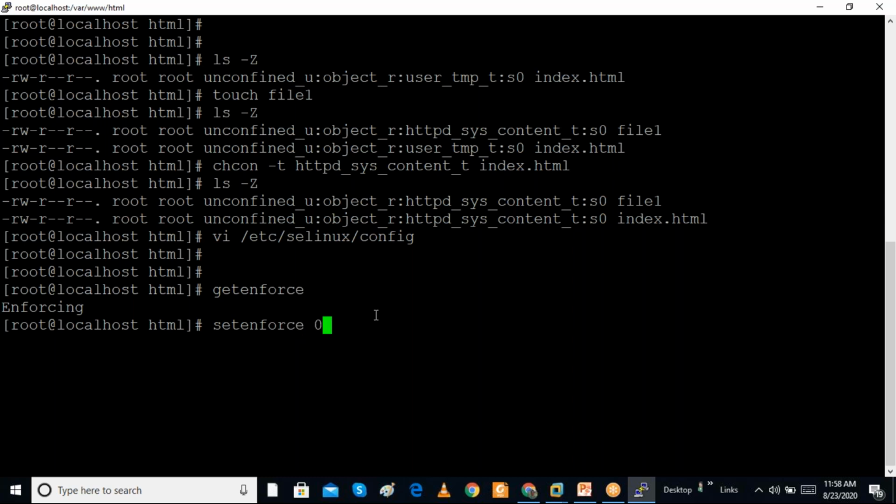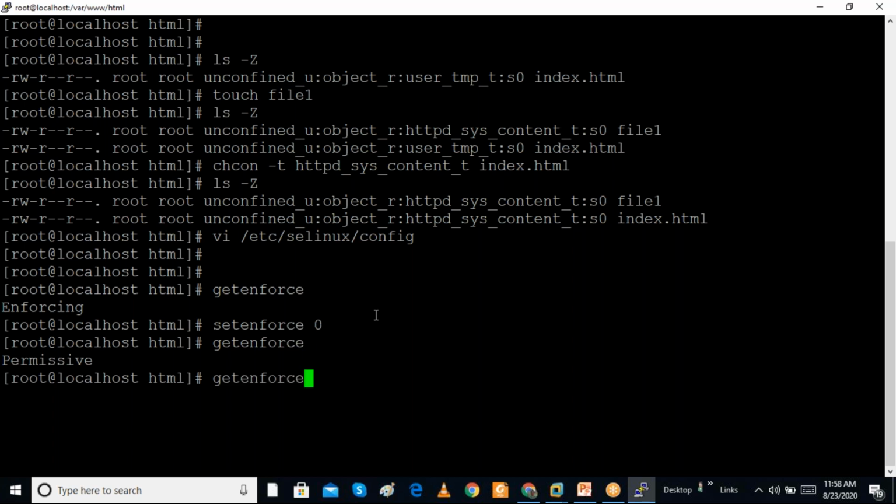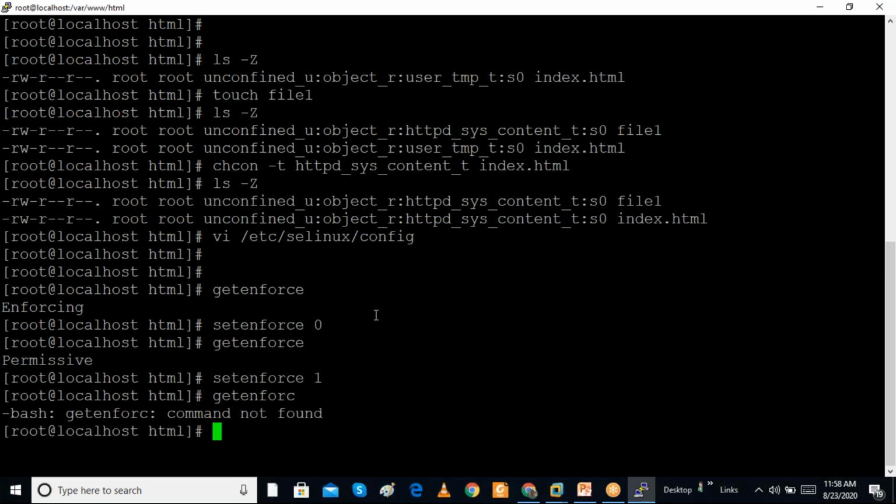If I make it 0, it becomes a permissive state, and when I run getenforce, it shows permissive. We can change from permissive to enforcing using the setenforce command. When I do setenforce 1, it will be in the enforcing state. Now getenforce is showing enforcing.